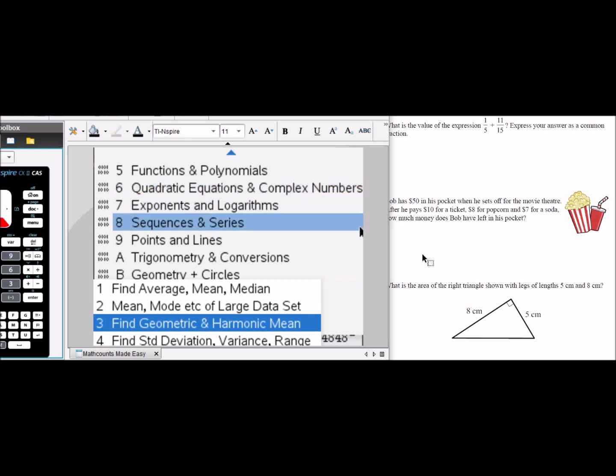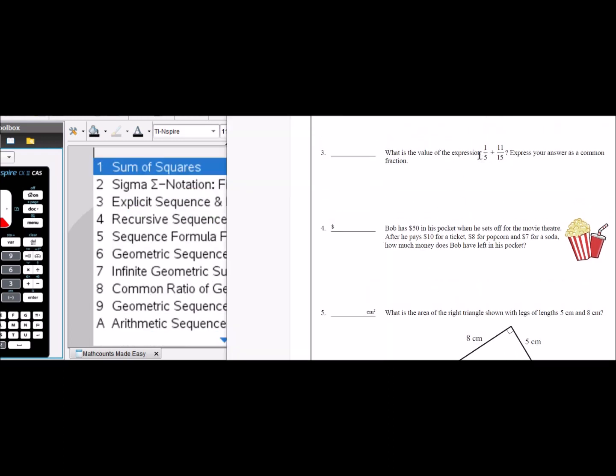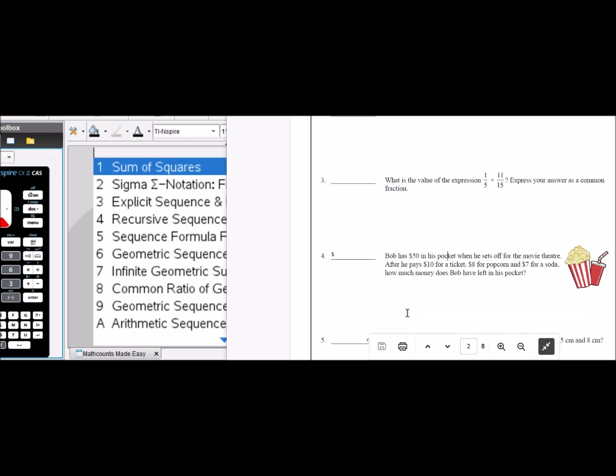So let's look at some Mathcounts problems. Let's start off lightly. What is the value of the expression 1 over 5 plus 11 over 15? Well, that we don't type in, that we can do faster in our head. Here in number 5,